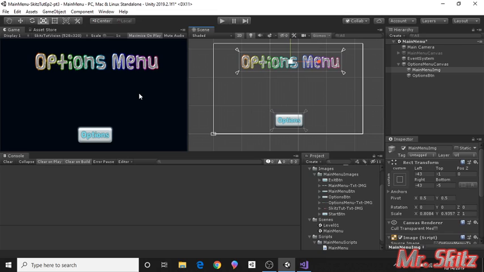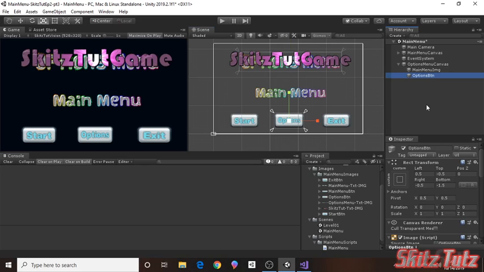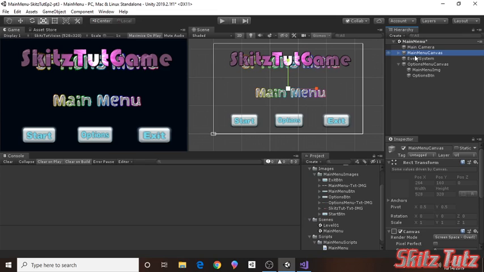So now you can kind of see how it is. Oh yeah, wait, there's something I forgot to do. We don't need an options button here, so we're going to make this button the main menu button. Alright, now